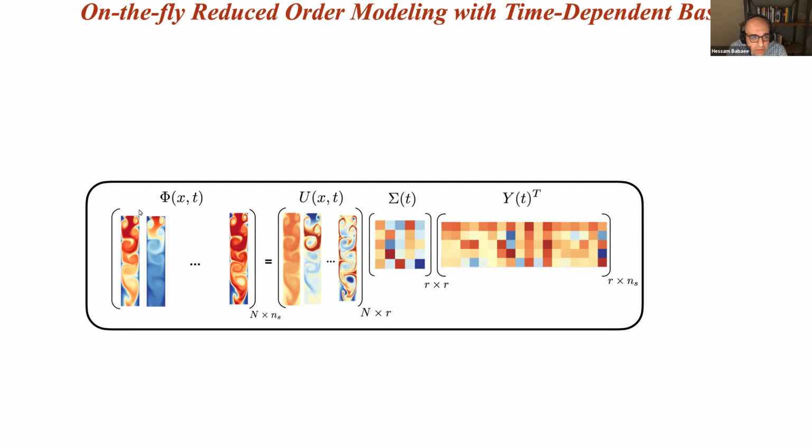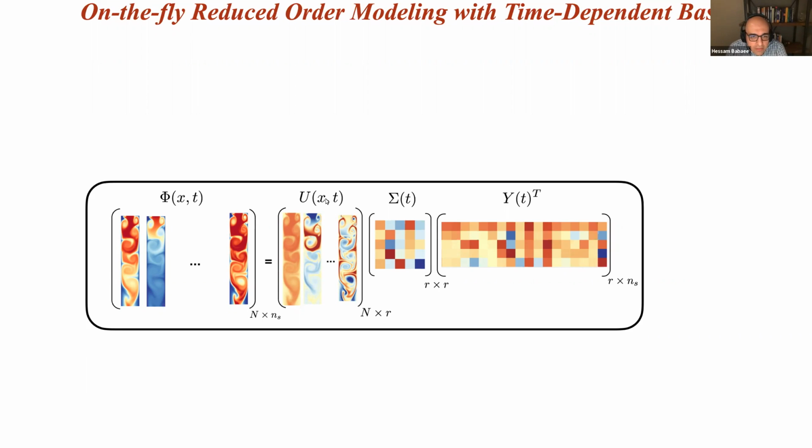So instead of solving for these NS species, which means solving NS coupled PDEs together, we solve for R PDEs coupled together, and we derive ODEs for each of these two components. There is an error associated with this approximation, which is the reduced order modeling error. But if this error is small, then instead of transporting a large number of species, you can transport a smaller number, and hopefully reduce the I/O, memory, and flops by doing so.